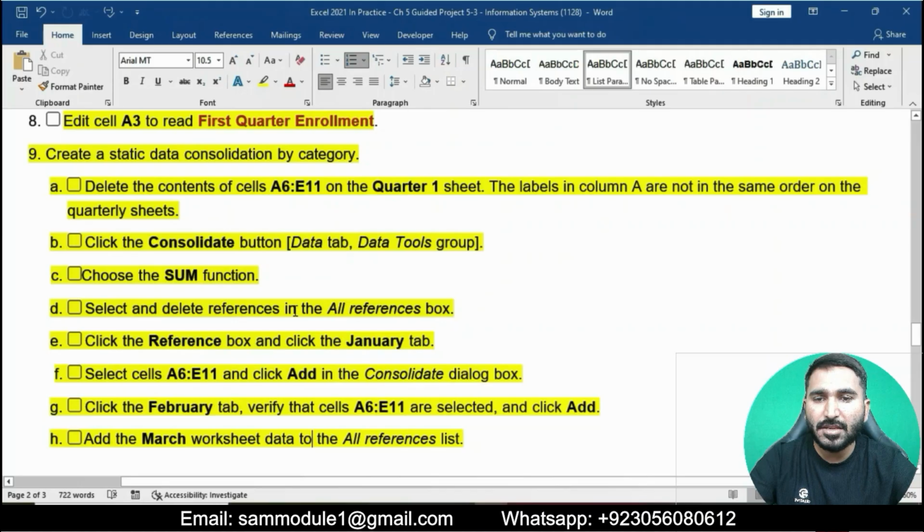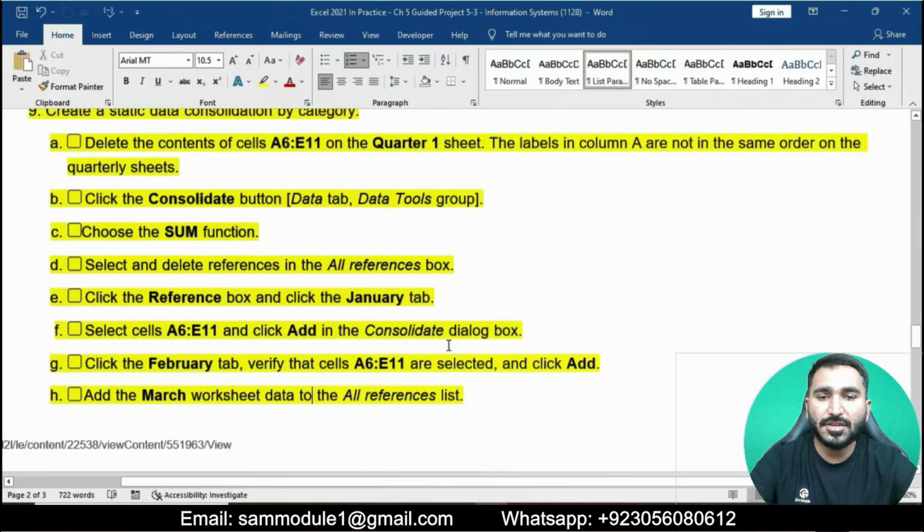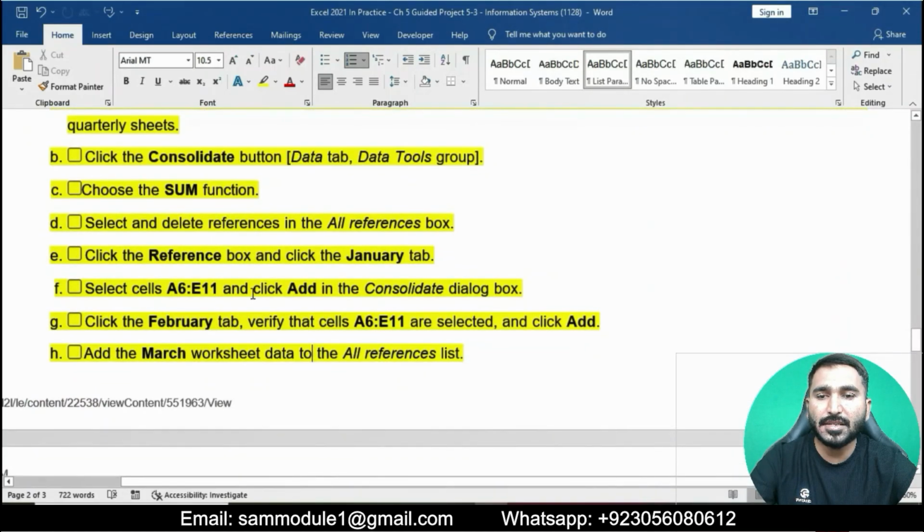Then on the Q1 sheet, point B is to click the consolidate button, point C is to choose the sum function, point D is to select and delete references in the all references box. Then click the references box and click the January tab. Point F is to select cells A6 to E11 and then click add in the consolidate dialog box.